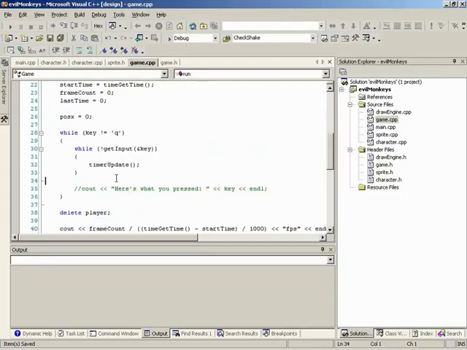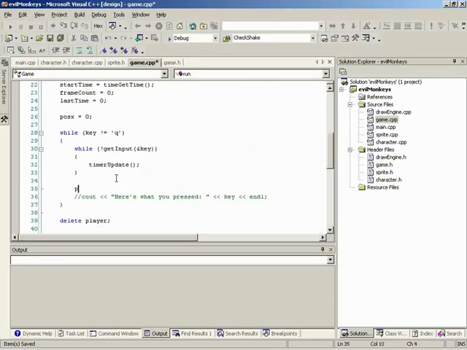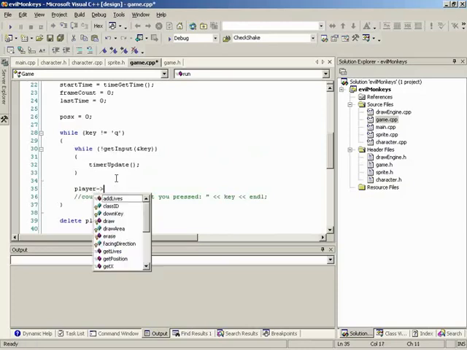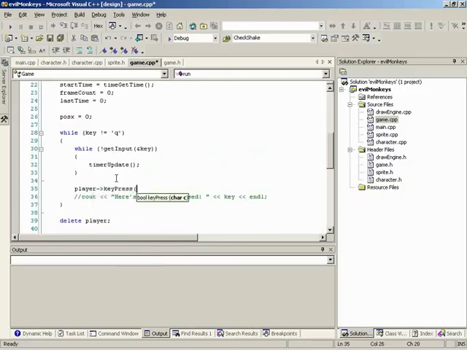Well, we want it to be done after a key was pressed, right? So that would be right here. So we could say player, and then we can say key press. As you can see, actually this is kind of cool. You'll notice all the things that we already have here. It's growing very quickly. So character, key press, and all we need to do is pass it key, which if